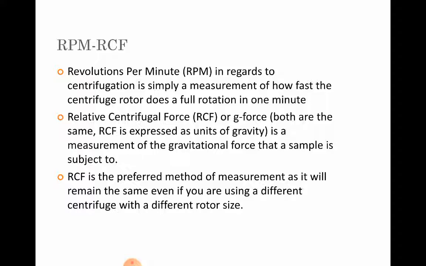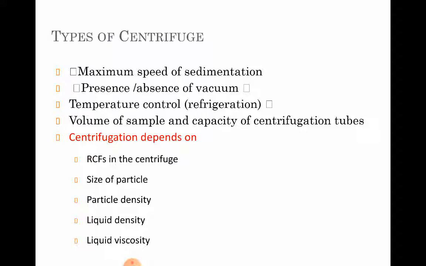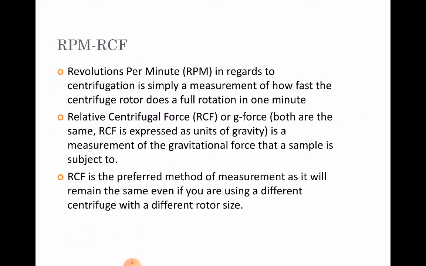Some calculation and some theory we'll see here. RPM and RCF. RPM is nothing but revolutions per minute. How many times is this rotating? The best example is the grinder mixer in your home, from which you make your chutney and other things. The blade rotates. Please go and read the manufacturer's label. He must have mentioned the RPM of your mixer. Do you know what the RPM of the mixer is? Please go and check.